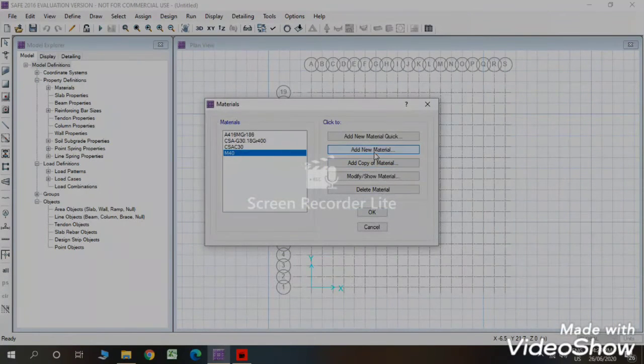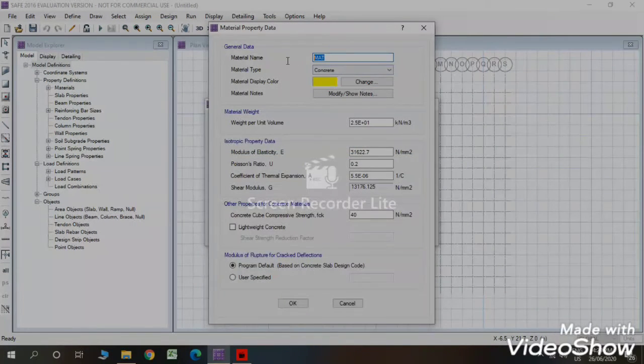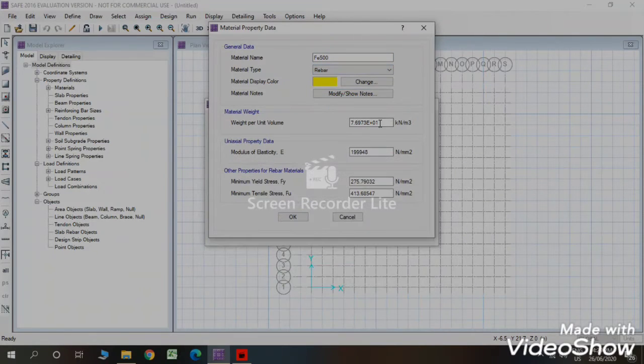Then we will define Fe 500, rebar material. Here also we will enter properties.